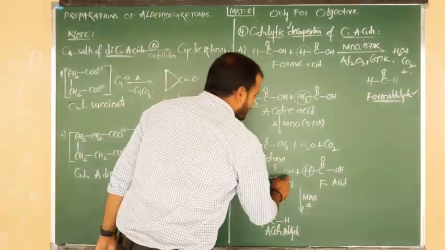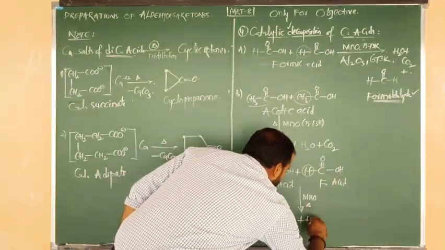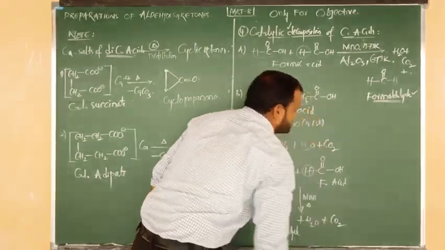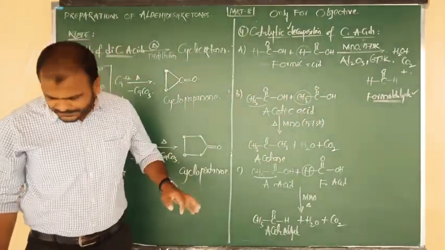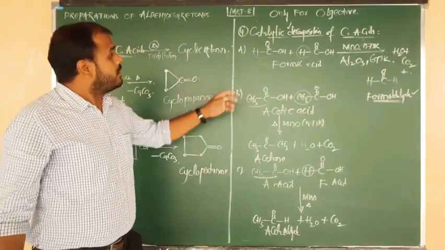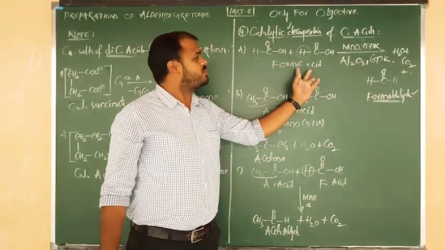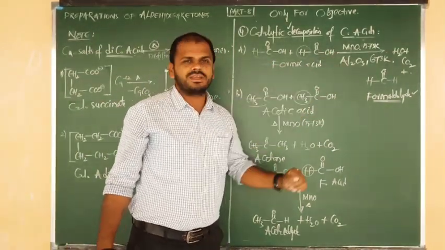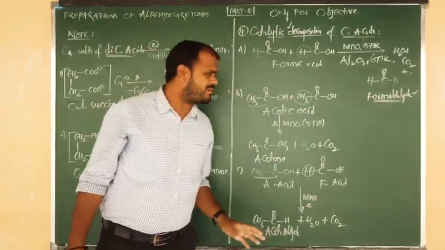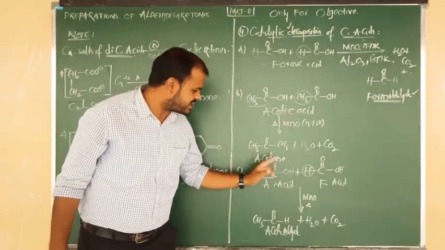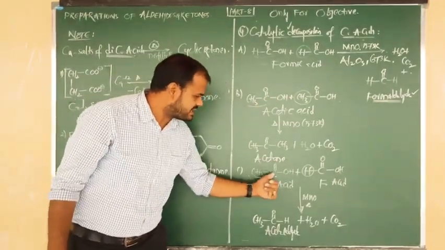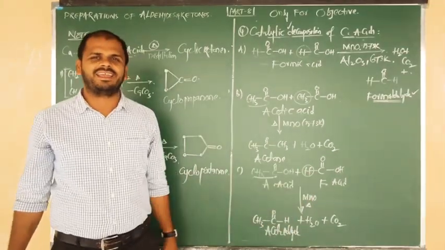Again OH and H are removed in the form of H2O. Again COO is removed in the form of CO2. So 2 moles of formic acid, by passing over the MnO, undergo catalytic decomposition and form formaldehyde. 2 moles of acetic acid give acetone. A mixture of acetic acid and formic acid gives CH3 C double bond OH, nothing but acetaldehyde.